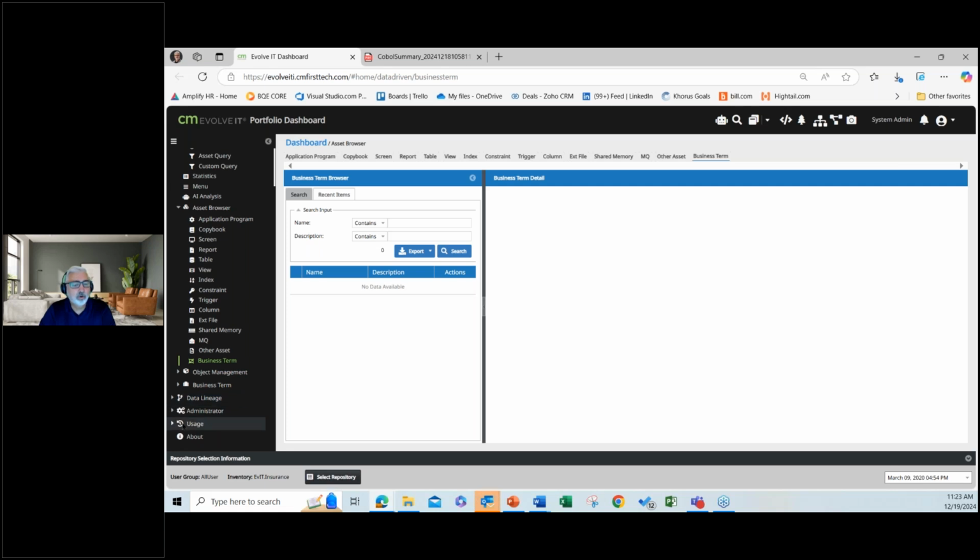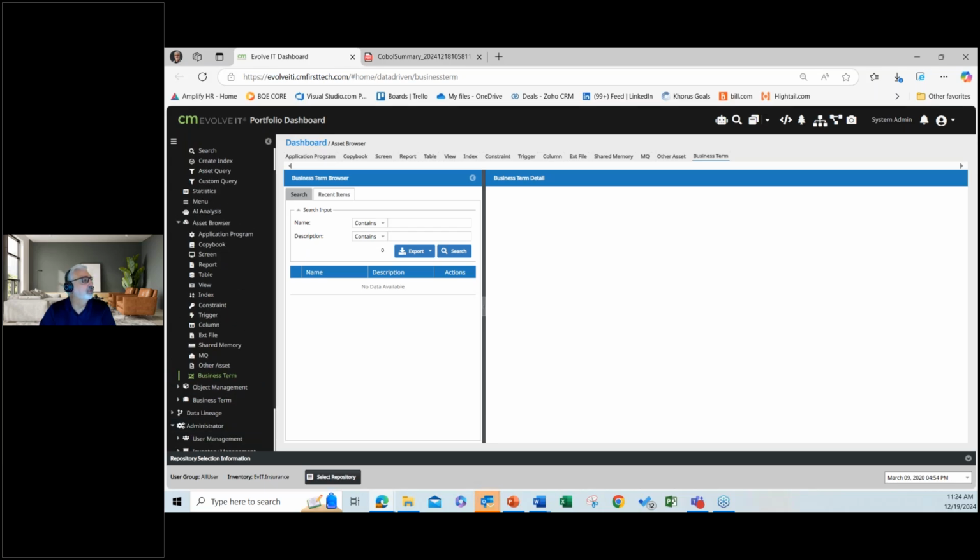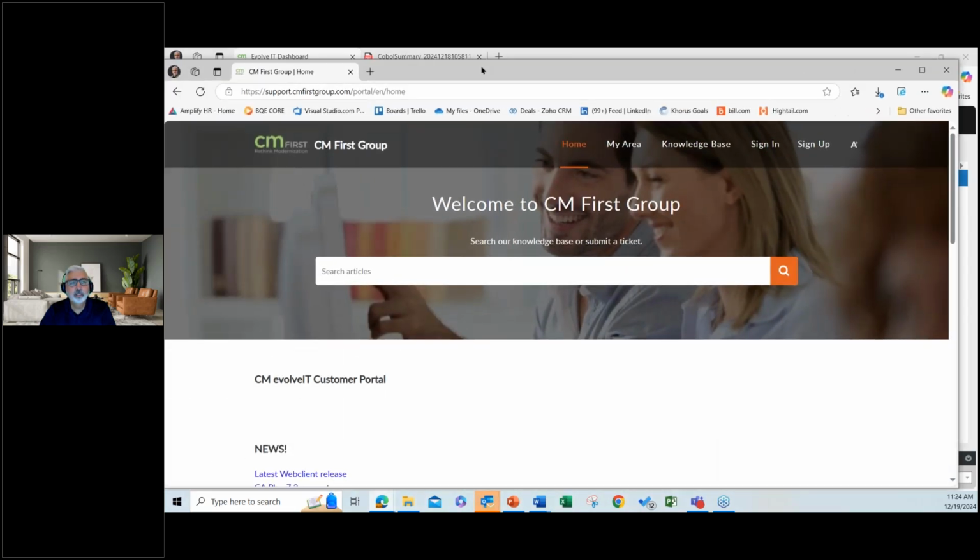Beyond that, obviously we have usage information, giving you the ability to track who's used the application and when, and a number of different areas here in terms of user management, managing actual databases, and other kinds of settings to set up the application. Let me go to one other area just to give you an idea of where to